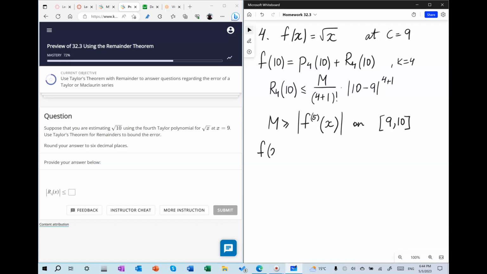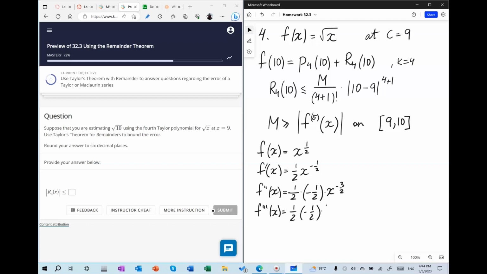And now we need to find the 5th derivative. So the first derivative is 1/2 x to the power negative 1/2. The second derivative is 1/2 times negative 1/2 times x to the power negative 3/2. The third derivative is 1/2 times negative 1/2 times negative 3/2 times x to the negative 5/2. The fourth derivative is 1/2, negative 1/2, negative 3/2, negative 5/2, negative 7/2, and the fifth derivative is